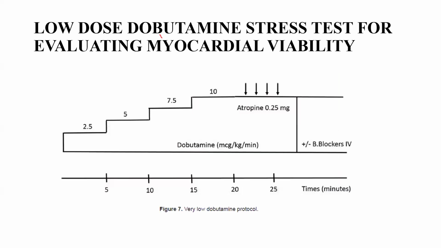Now this is to let you know the low dose. The normal dobutamine goes all the way to 40 mic per kilo, but the low dose goes to 10 ideally, and this is mainly to elicit myocardial viability. If you have hibernating myocardium, with low dose dobutamine they demonstrate thickening of the myocardium, and under high dose, they develop regional wall motion abnormality, which is the biphasic nature of hibernating tissues. So that is how you can use it to assess